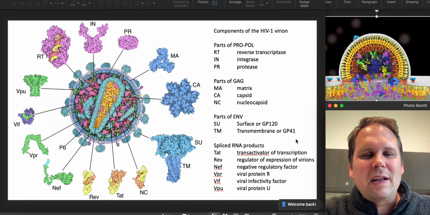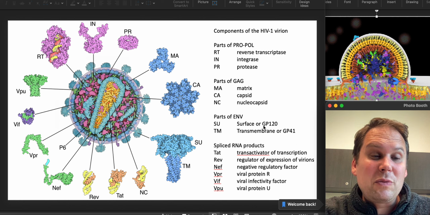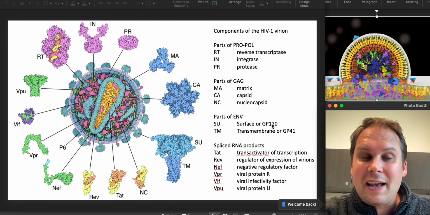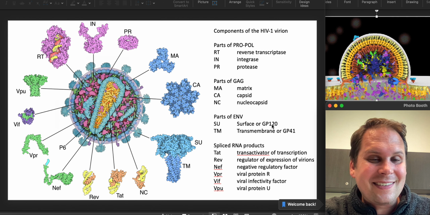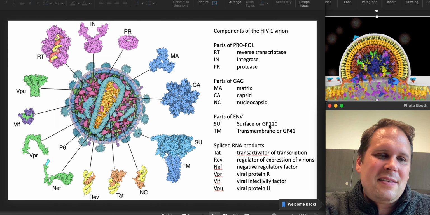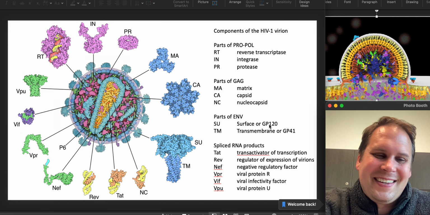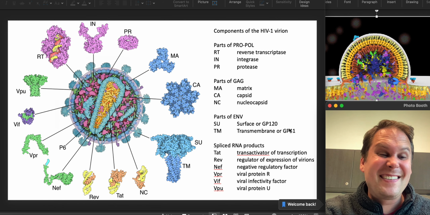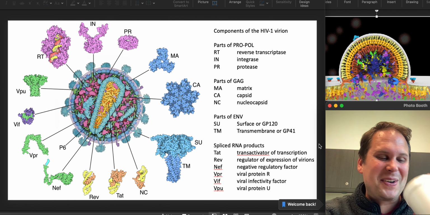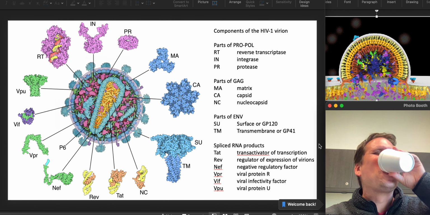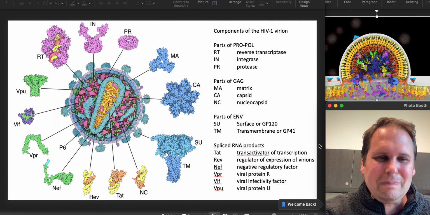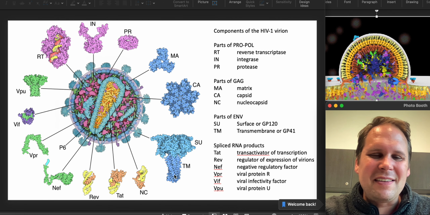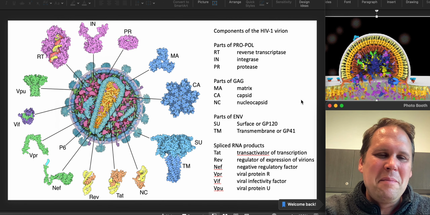But for other retroviruses, GP120 means a glycoprotein that's exactly 120 kilodaltons, and they vary slightly in size. So you can't really call it a GP120 from another virus because it's not 120. You've got to weigh 120 to be counted. Sorry. Hence the SU and the TM. But they mean the same thing.